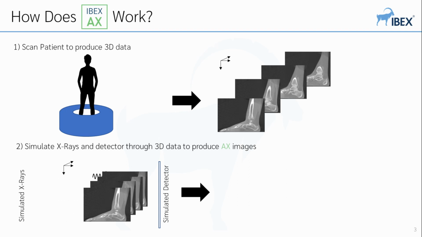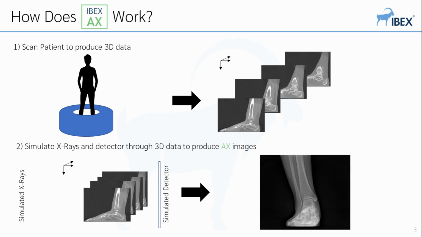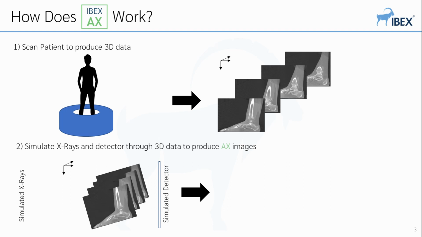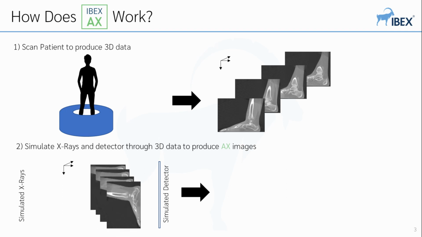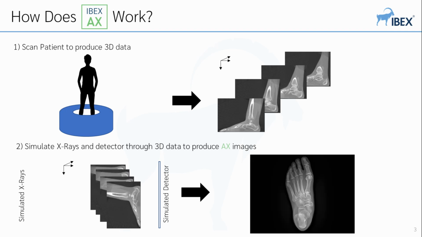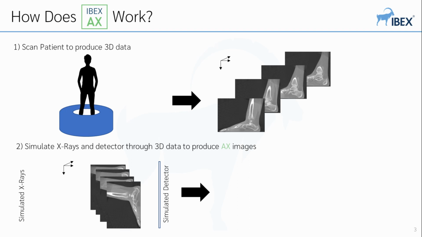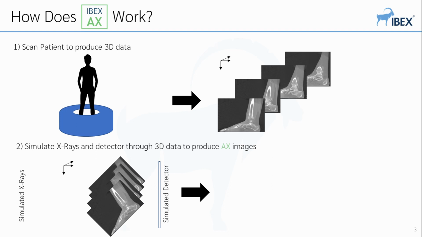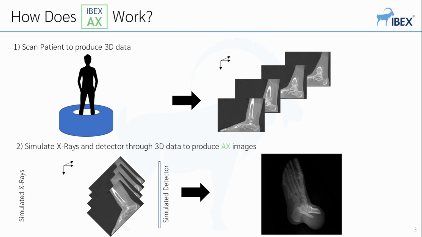Here, the animation shows the virtual X-rays passing through the 3D data to produce a DR-like image. Now, we see that we can rotate the 3D data in this virtual X-ray source and detector system to project the patient data in a different orientation. Again, the animation shows simulated X-rays passing through the volumetric data to produce another DR-like image. And one more time, we can rotate the data within the virtual X-ray source and detector system to produce yet another different DR-like image. And so finally, we end up with something that looks like this image at the bottom